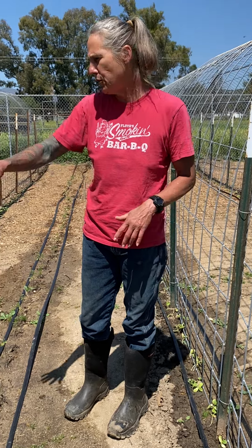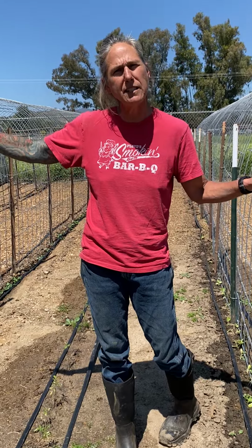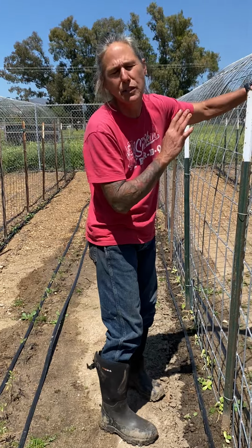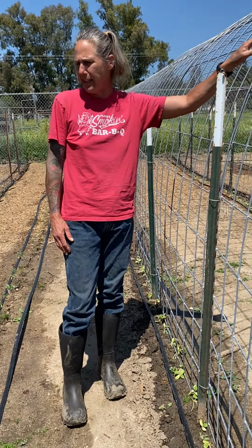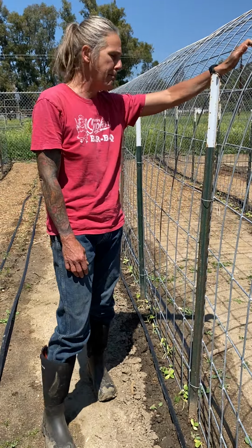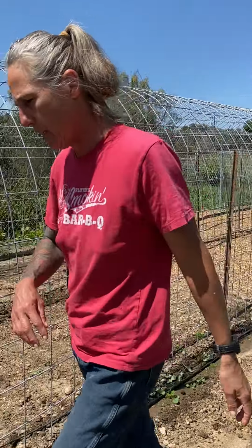I still have to maneuver inside and out. I'm gonna have to get these trellising, and you have to weave these. I mean, the pumpkin does not just say, go about your business and I will trellis myself. No, we have to direct everything. So I basically can only do so much at one time. But I'm very happy with the turnout, considering